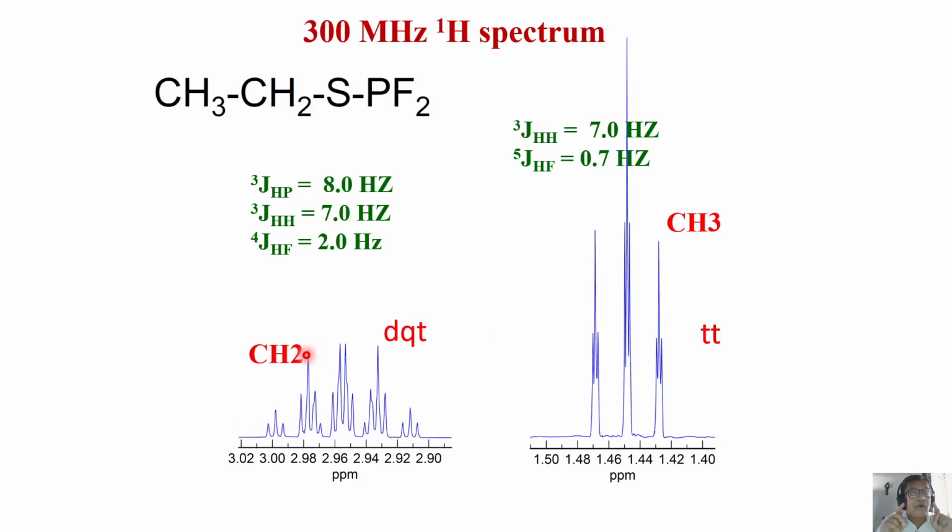But remember, don't expect coupling between phosphorus and fluorine here. It may be present, but you will not see it. You know why I am telling you? I told you long back, this is an active spin when I am seeing that. And this is passive, this is passive, this is passive. At the site of the active chemical shift, you will see coupling between active spins and passive spins. That's what you are seeing here. Coupling among the passive spins like P, F and CH3, you will not see because they are passive couplings. That is why you see only coupling of this to this, this and nothing else. And that is where you can analyze.